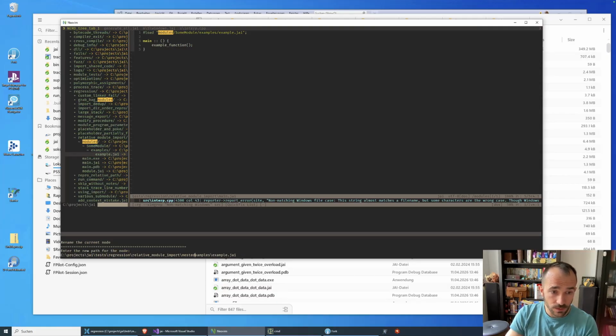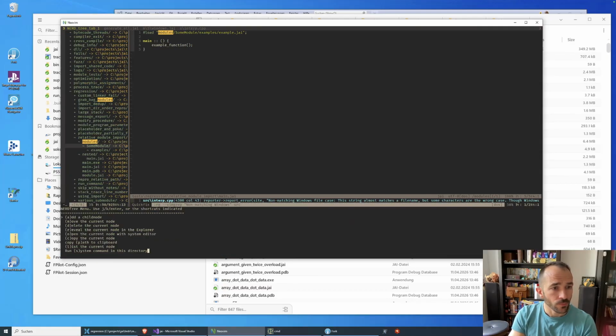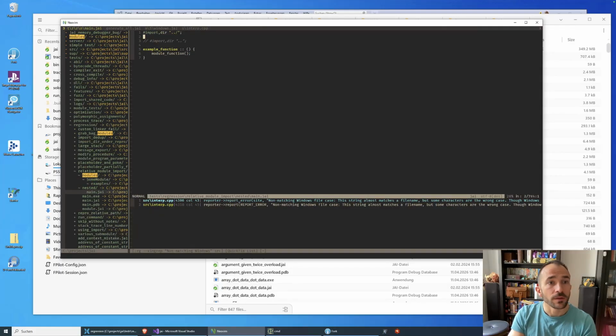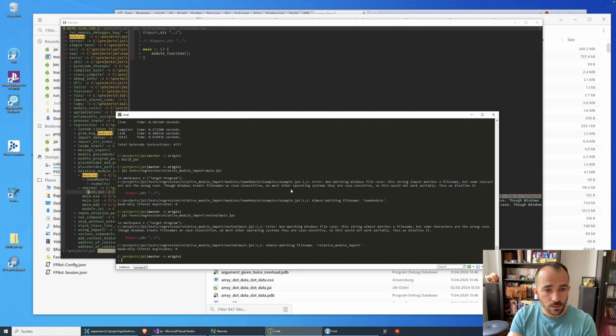Let's just call it nested. Nested main.jai. And in here we import with the parent, and this is now just main, and that should give us the same regression test. Nested main, yay.